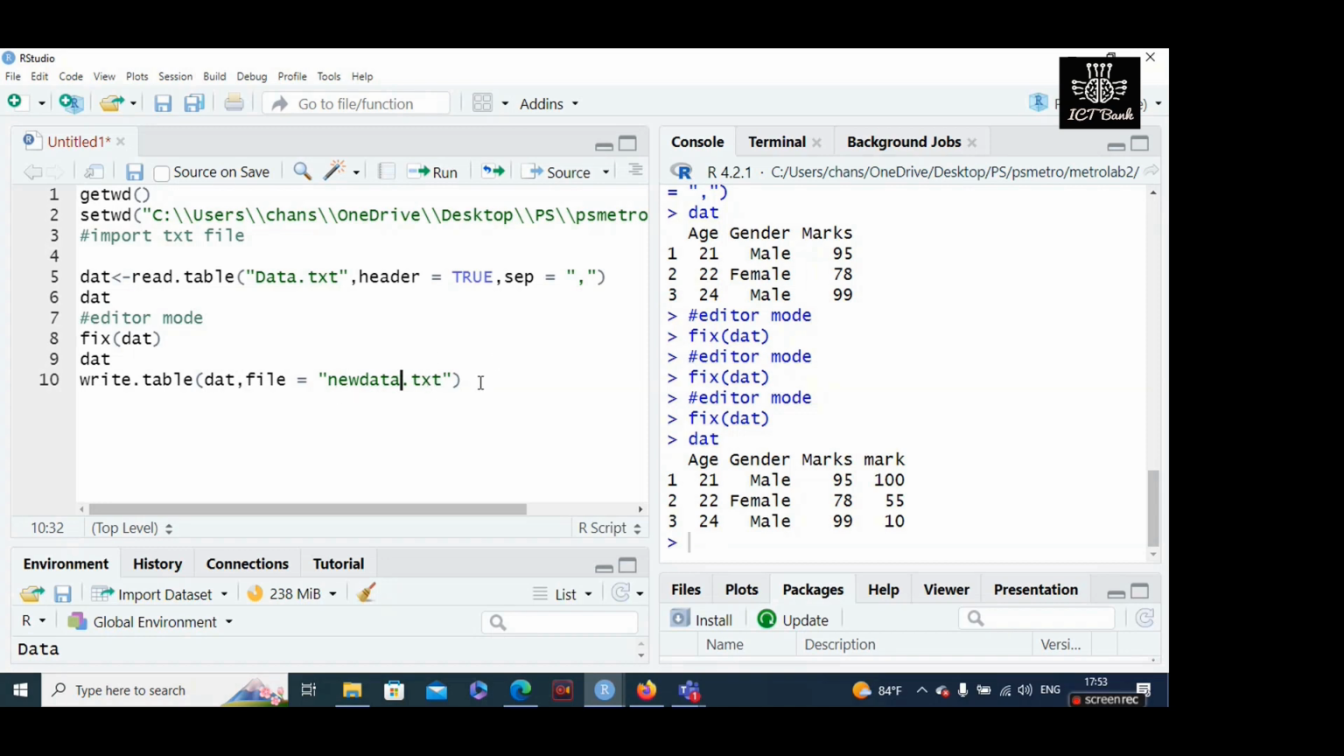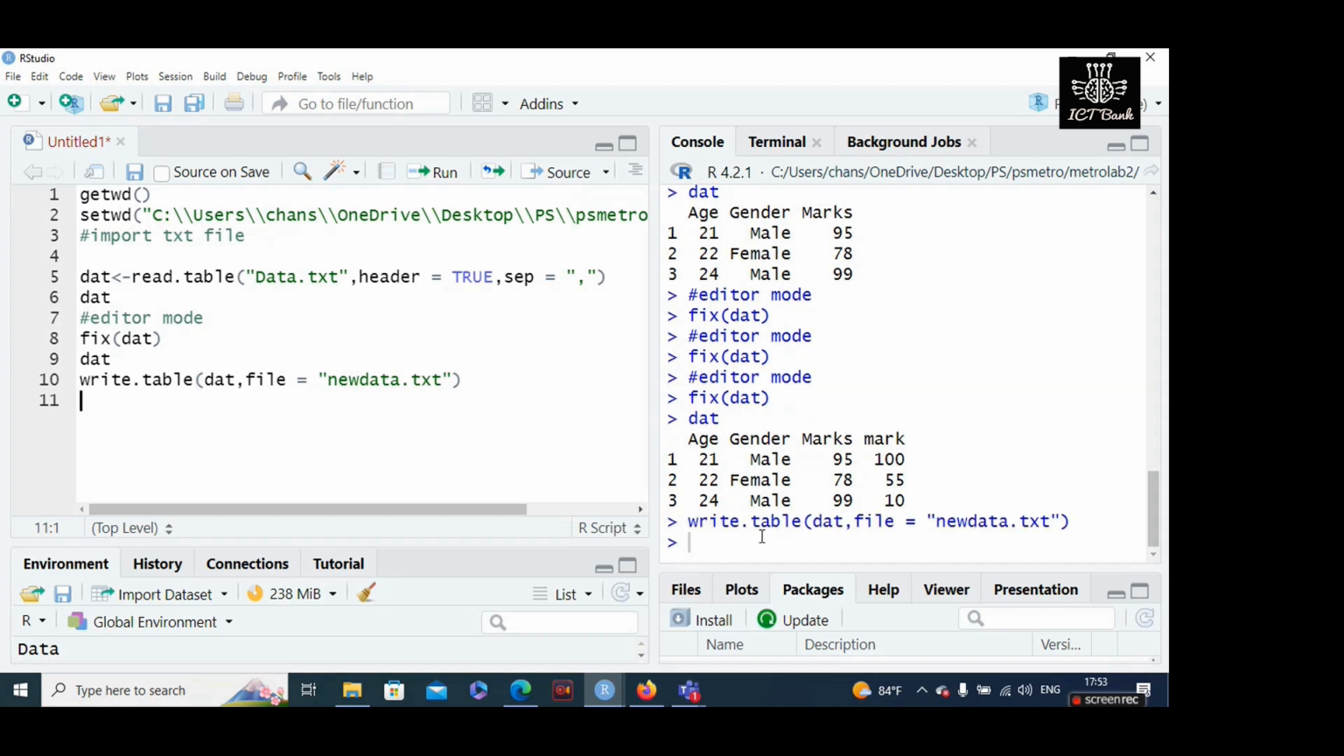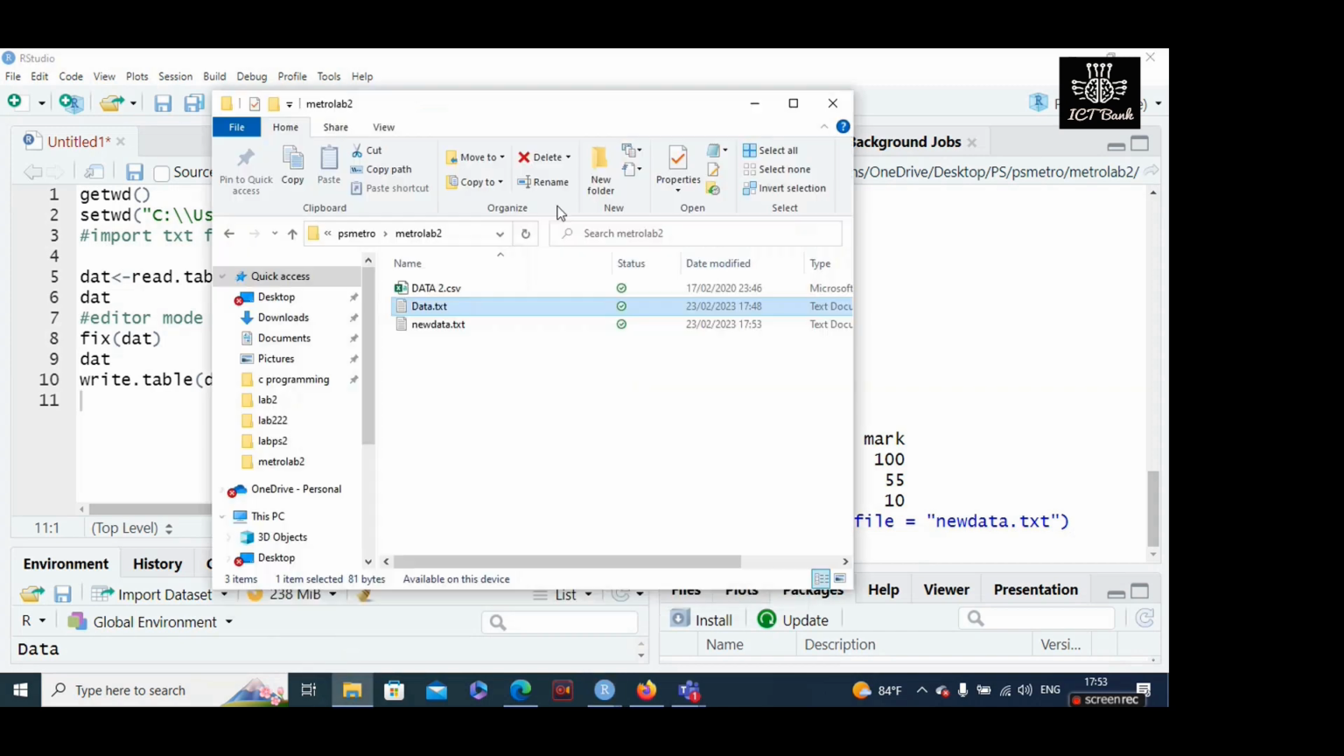Then let me run this one. Let me run this write.table function. If you run this write.table function, now you can go to the folder which you set as your working directory. Here, see, a new text file has been added to your folder. When you open this text file,